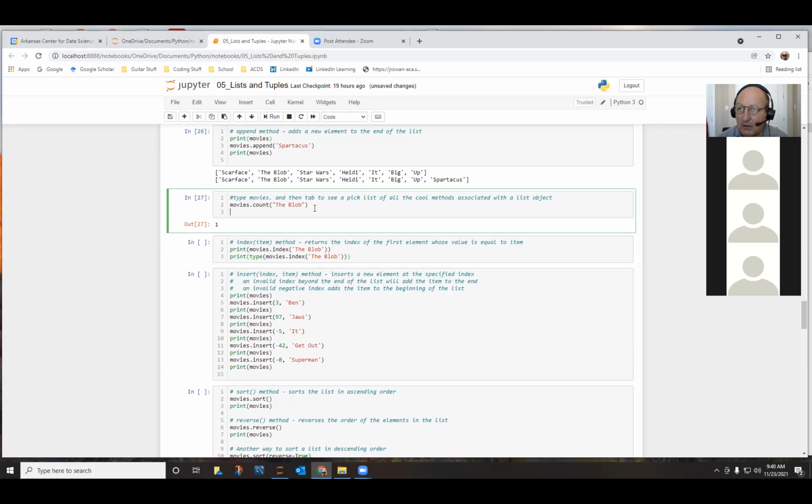Because Jupyter Notebook kind of auto completes and guesses. I've used this tab before where you type in something, and if you hit tab, it will auto complete the variable name. And in this case, if I hit tab, it gives me a list of the list methods. So these are all of the legal methods that are associated with